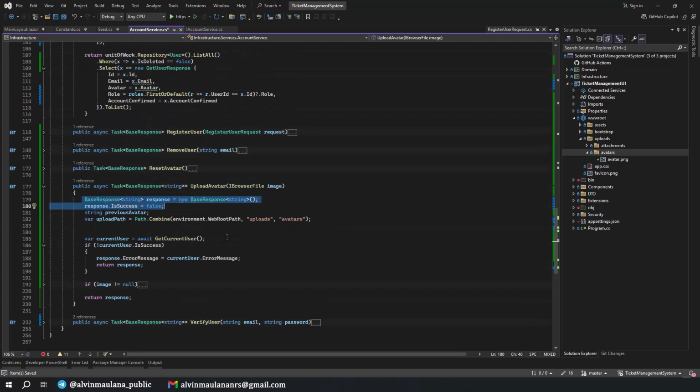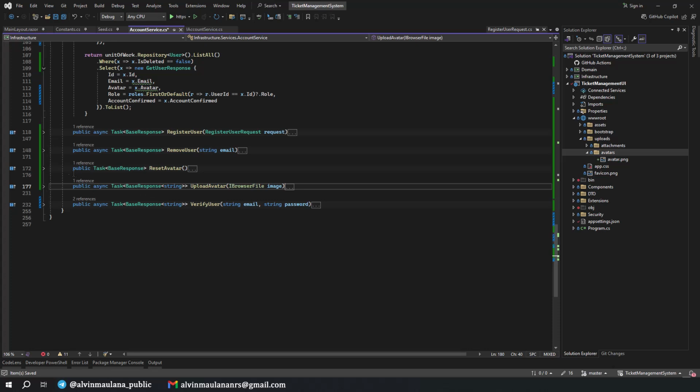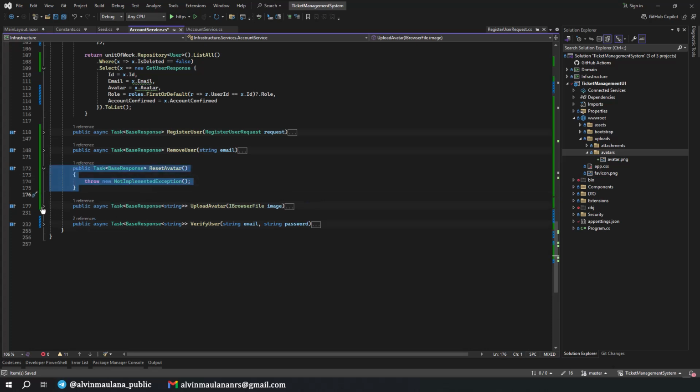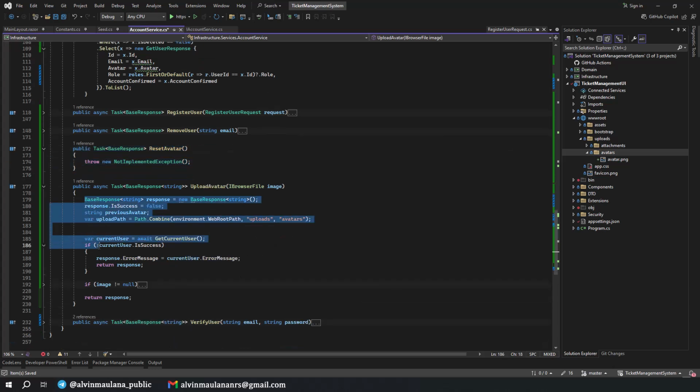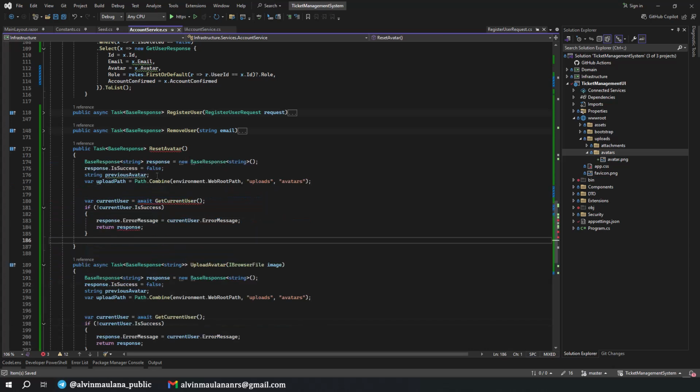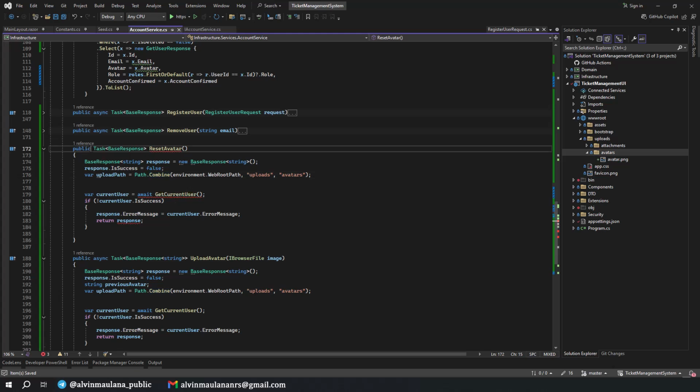Okay, and one more thing remaining for our service is the reset avatar. I think the function is almost the same. I just copy from this and then paste here, but we don't have a previous avatar. This one should be asynchronous, response is successful.